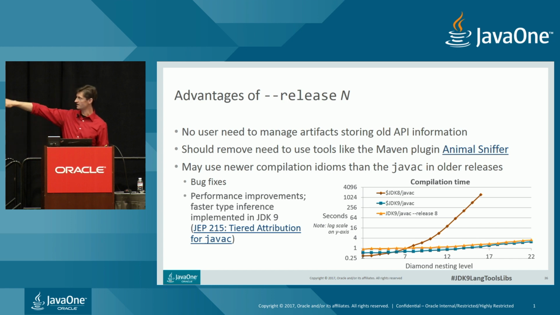So the steeply rising curve there was the JDK 8 runtime in seconds, and you'll notice it's a log scale, so it is getting quite slow quite quickly for these very small programs that were using type inference in a particular way. A straight line on a log scale is basically exponential growth, so that's not very good if you want to have a scalable compiler environment. So we re-engineered how inference worked, and we got these much faster lines on the bottom. We get that using Javac from JDK 9, and we get that sort of performance using the Javac from JDK 9 with --release 8. So if you're cross-compiling to 8, you get the benefit of the re-engineering we've done in the newer compiler.